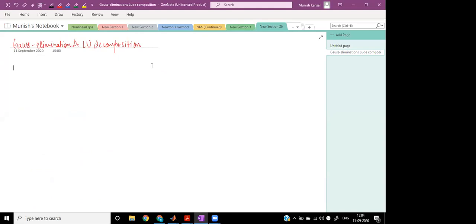Okay, so good afternoon, everyone. So this session is based on solving the linear system of equations with the help of Gauss elimination and LU decomposition, right? So I would request all the participants, whether you know the algorithm for Gauss elimination and LU or not, you can just try to focus on the theoretical part. I will explain each and everything in the theory. Then we will go to the MATLAB programming, right?